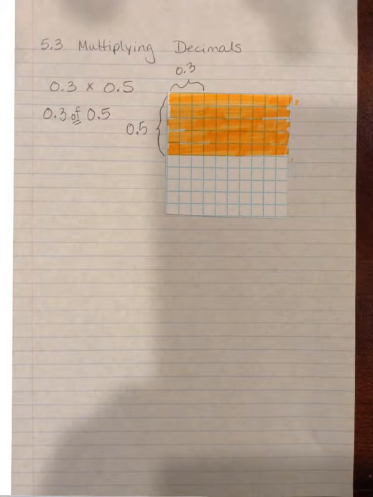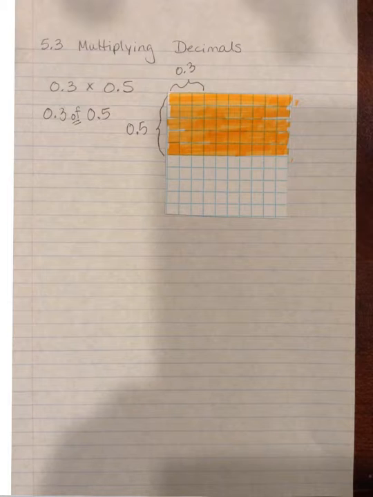If we were to take one whole and break it up into tenths, these little squares would be 1/10 because there would be 10 rows of strips going across and 10 rows going down. So looking at this example, when they have 0.3 times 0.5, what they're really saying is you're taking 3/10